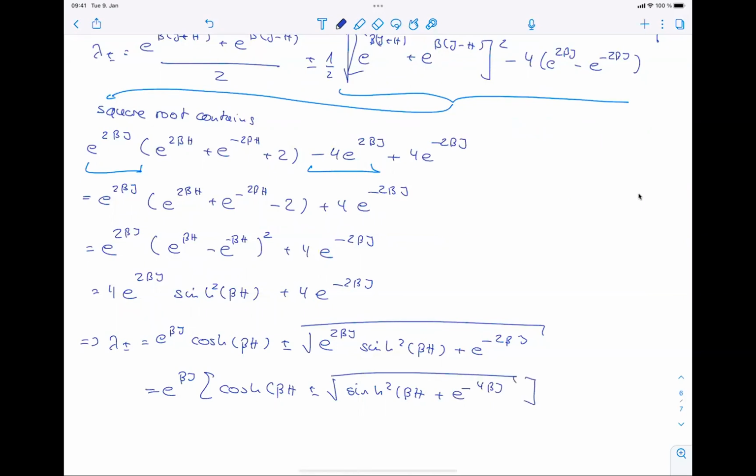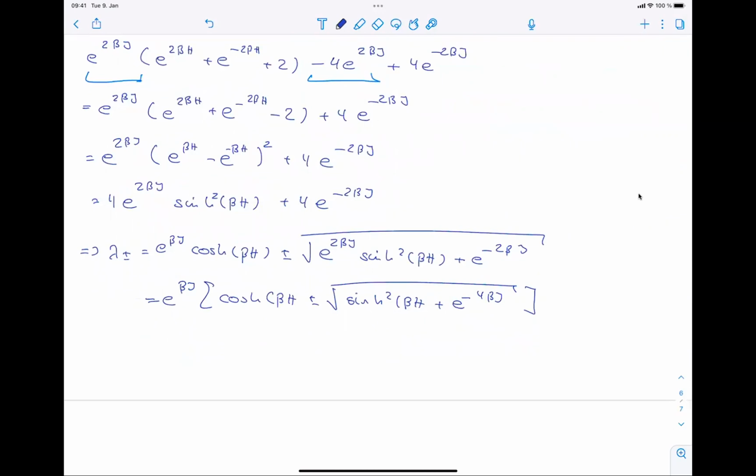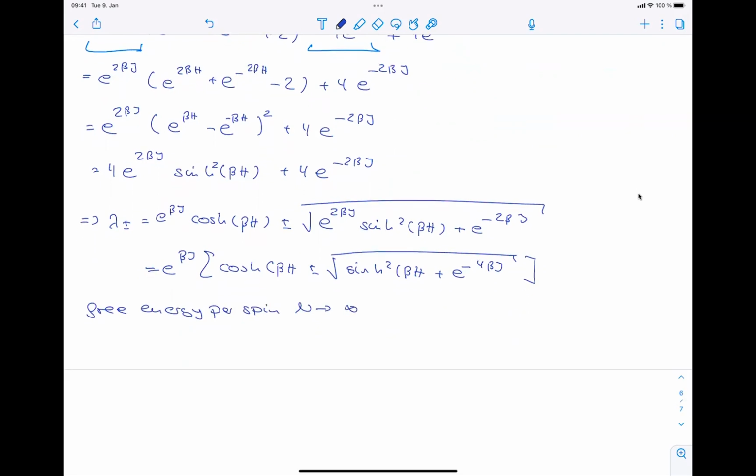That's the most compact way. And so since we have them now, we can actually determine the free energy per spin for n to infinity as